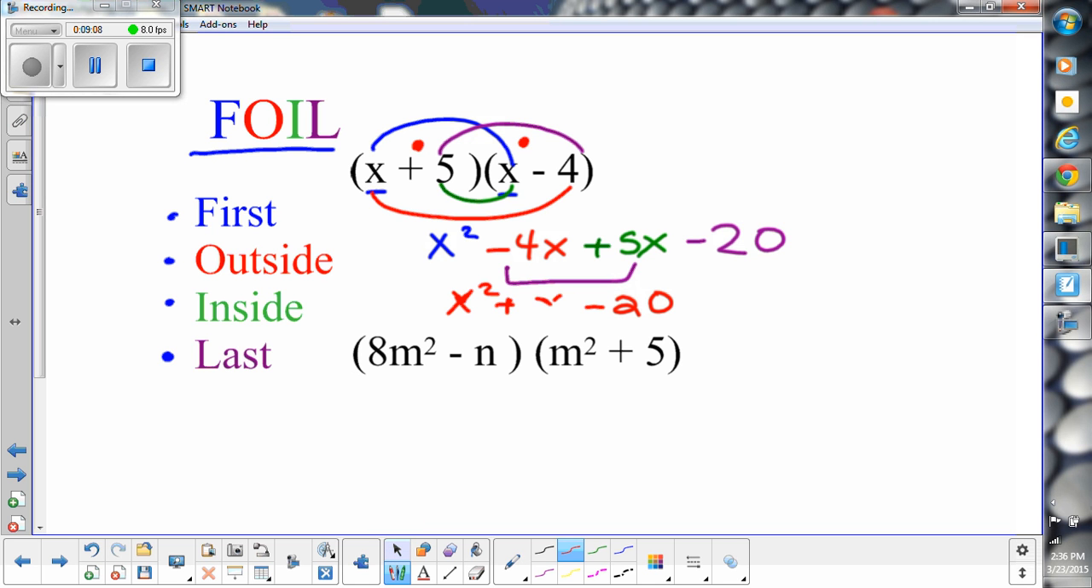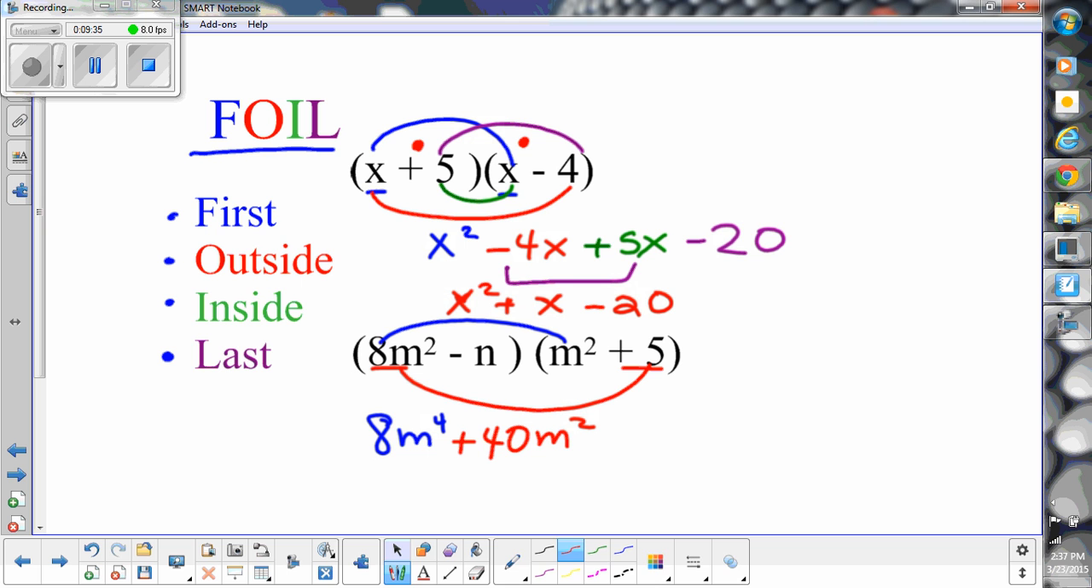This was our answer to our previous problem. And we have 8m squared and m squared. Those are our first terms. And 8m squared times m squared is 8m to the 4th. Then our outside terms are in red. We're going to do 8m squared and 5 because they are on the outside of the binomials. 8m squared times 5 would be plus